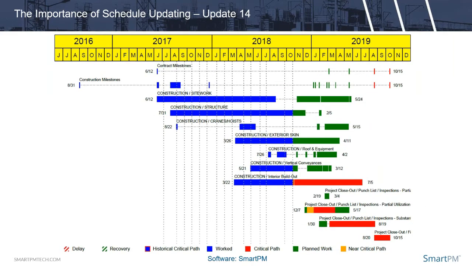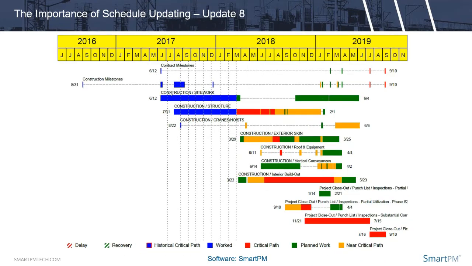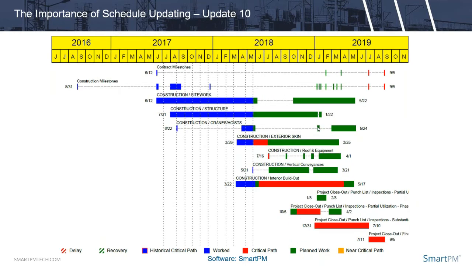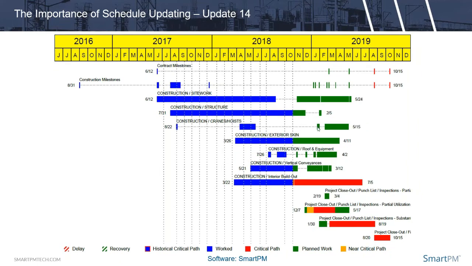As you can see, it continues. Each one of these little dotted lines represents an update period. Each period thereafter. The left of the line is historic, forward is future, and we just always want to keep an eye on criticality. We want to keep an eye on progress. We want to keep an eye on end date. That's the most important part, and bringing it to a level that the human mind could actually understand,